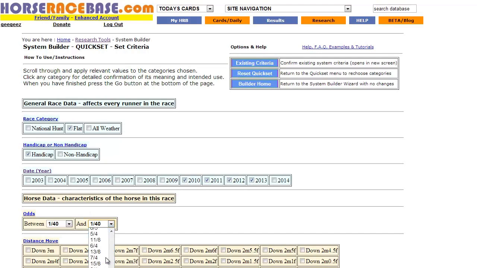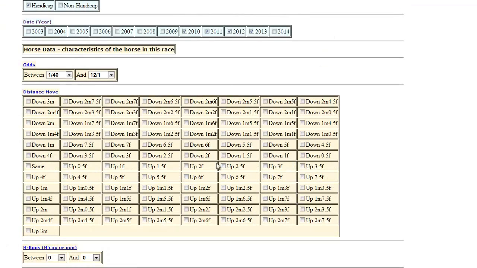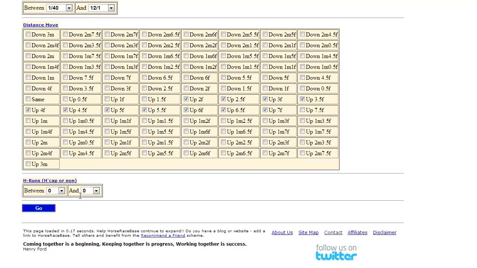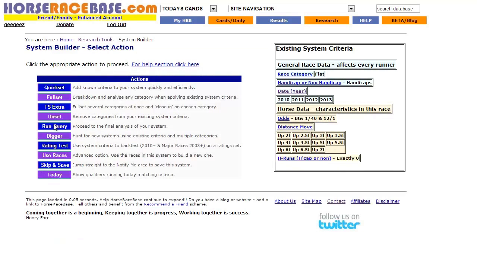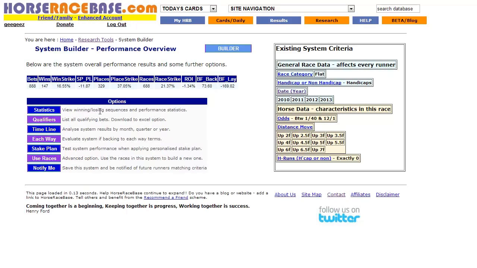12 to 1. Distance move, right, up 2, 2.5, 3, 3.5, 7. I'm going to go with that. It's rarely going to be more than 7 furlongs, and I'll take my chances on that. And no previous handicap runs. Click go. I'm going to run that as a query, and again we see that without any trainer selectivity, this